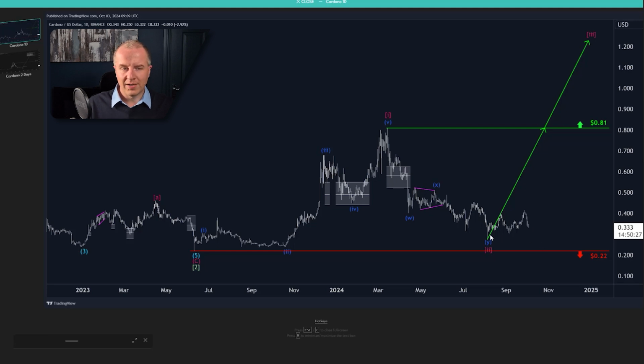For now, we're placing the wave 2 low here because we're just waiting to see if the market has the, let's say, the power, and the market can generate the momentum to turn around to the upside. As soon as we see the first smaller time frame, smaller degree, 5-wave pattern to the upside, it would indicate that the trend is now up. Then we can add the next support area to the chart. Bit too early for that. So all eyes need to be on the 22-cent level at the moment, and to the upside on the 81-cent breakout point. So that's the update about ADA.